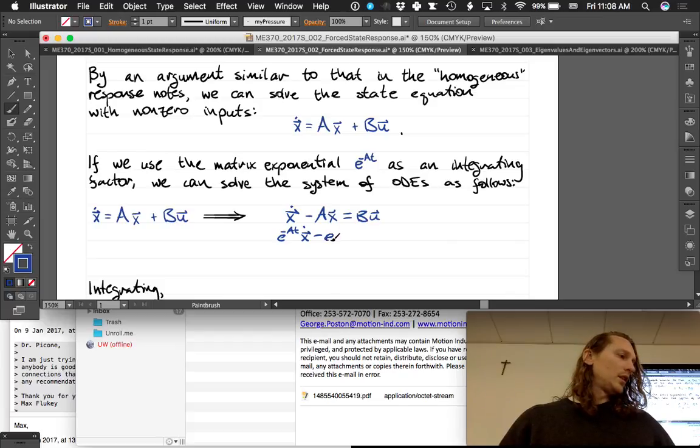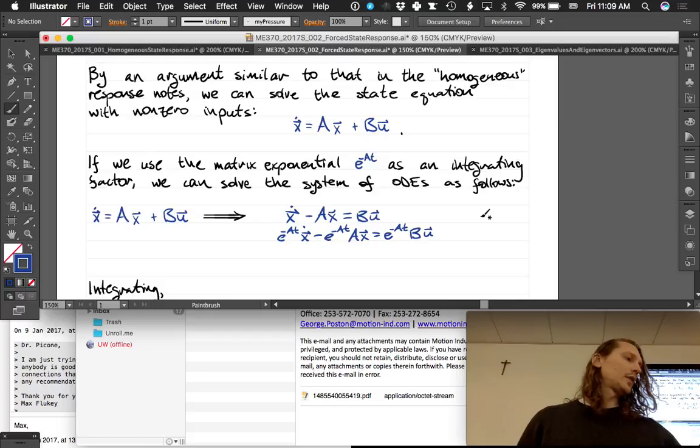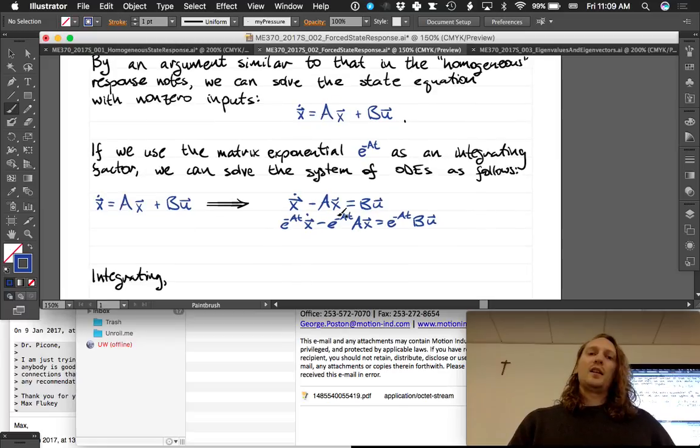Minus e to the minus at ax equals e to the minus at bu. Good. So, this takes a little bit of insight. This actually is, if we were to use the product rule in reverse, we can recognize this to be the time